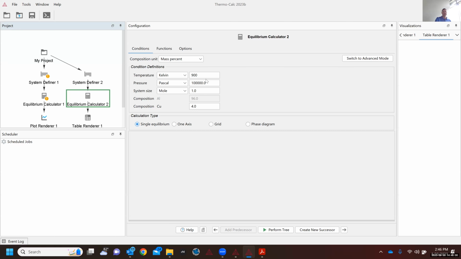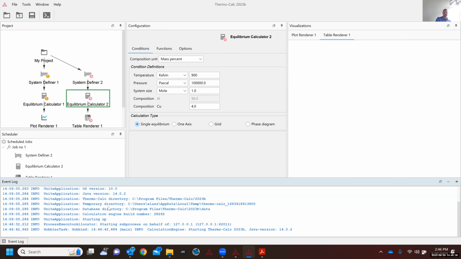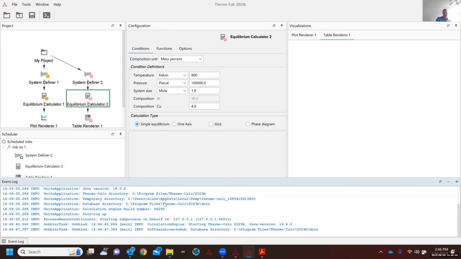So now we've defined all of these things. We have a temperature of 900 Kelvin. We have a pressure of 10 to the 5 pascals, which is 1 bar, 1 atmospheric pressure. 1 mole, so we're looking on a per mole basis. Once we define our system, we can say perform tree. It will perform everything along this branch of our tree. And you can watch the event logger calling the database, and it will perform the calculation, and eventually